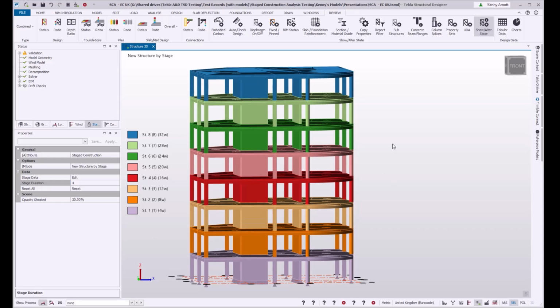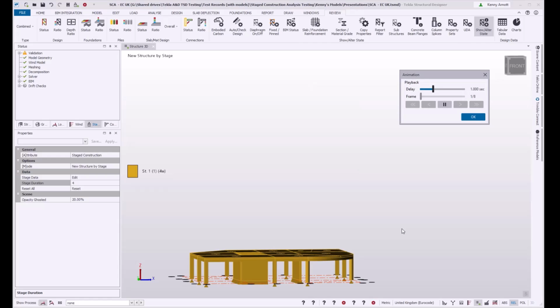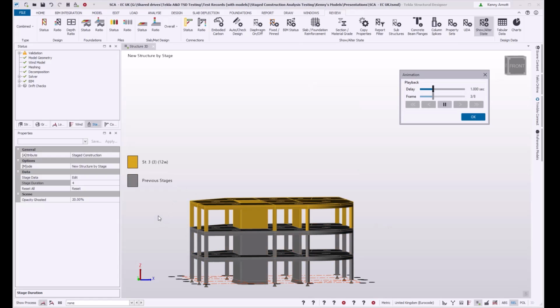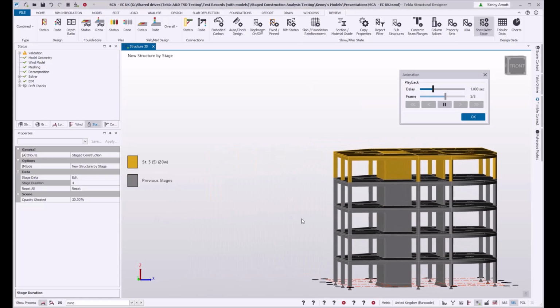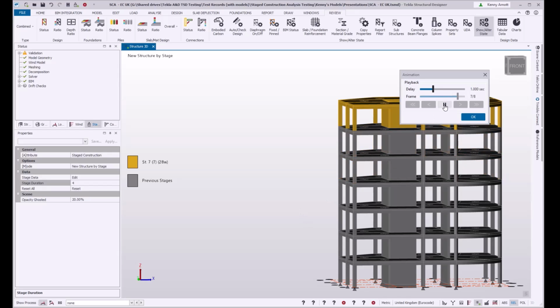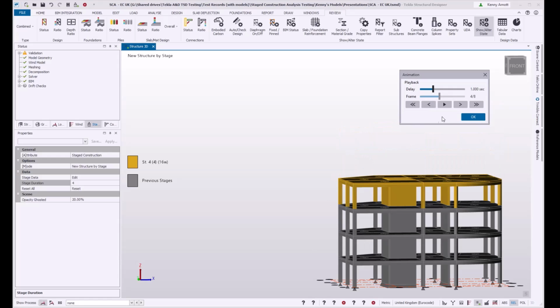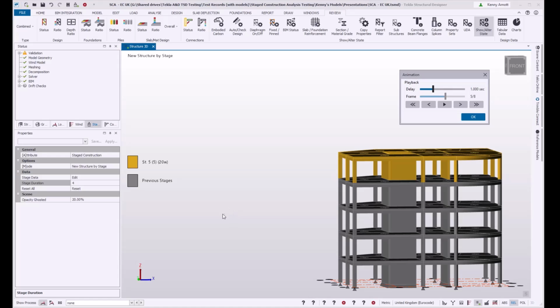One quite nice feature in here, especially if you're going to do more sophisticated things with the staging, is to animate it. So you can see the stages, working through the stages. And if I put this over there, you can also pause this, step back and forth through it. So I can see the stages in this different way and start to again review and change what's in the stages, change the timing of the stages. So now I'm going to accept that those are the stage content.